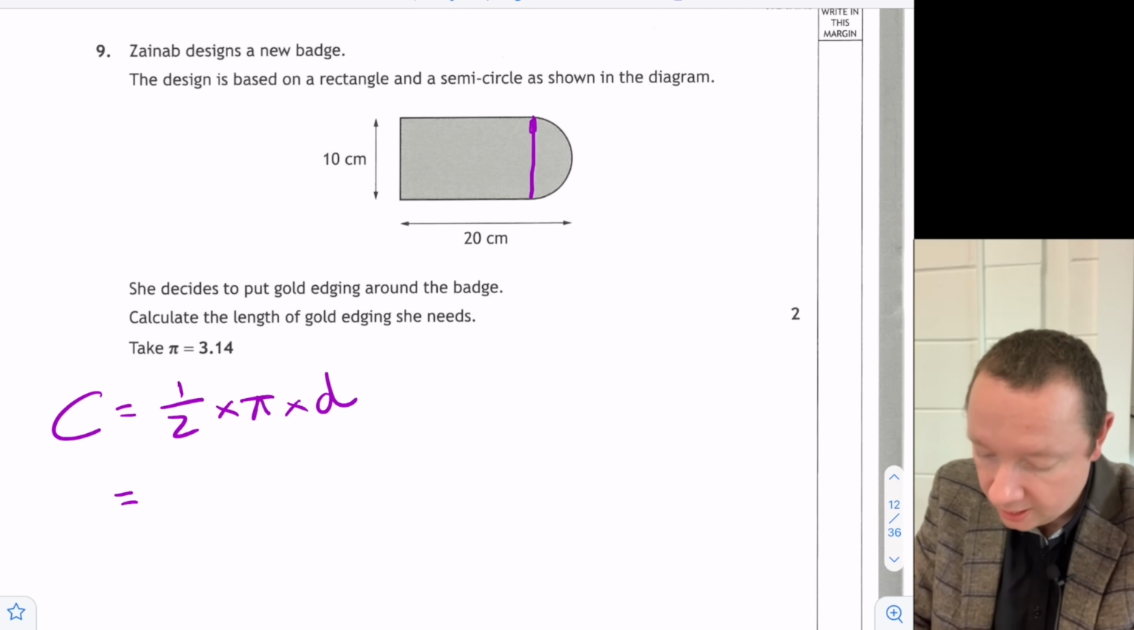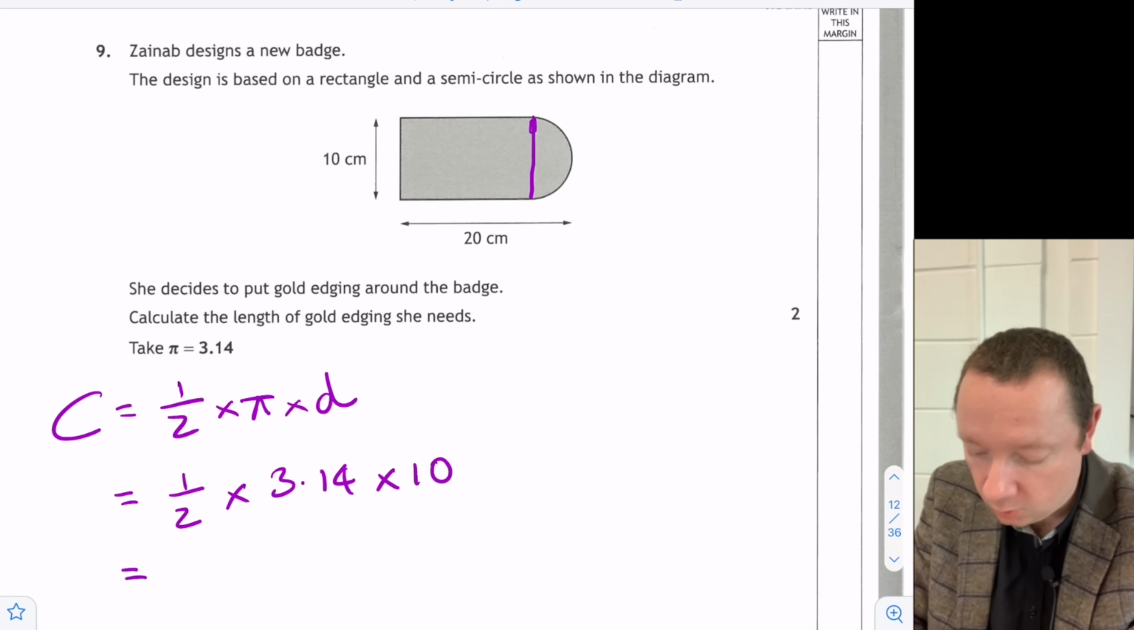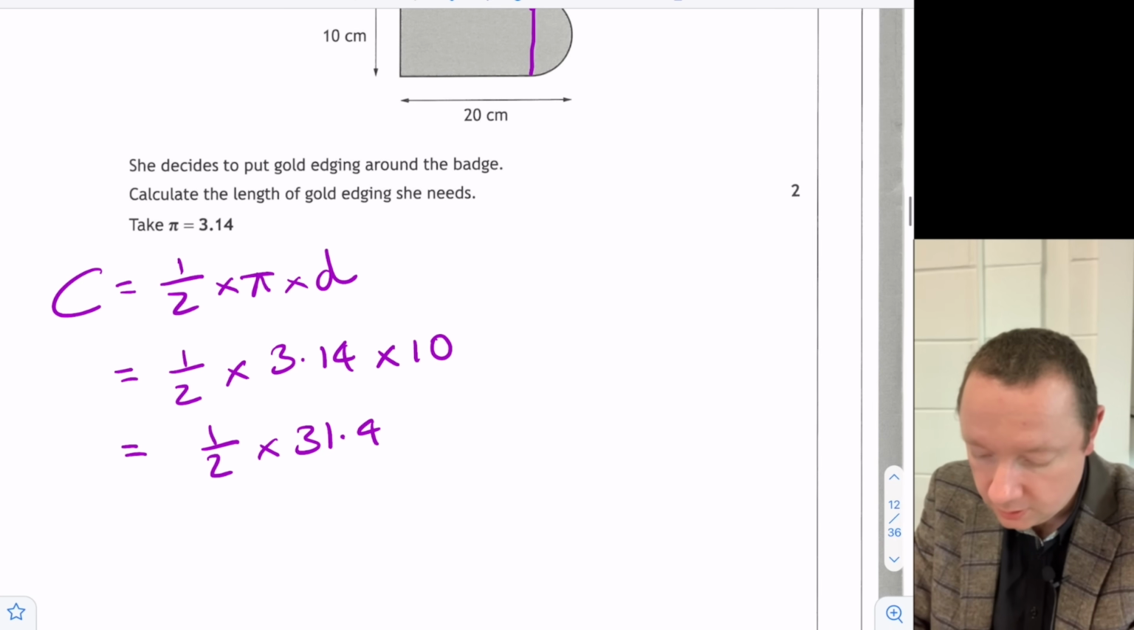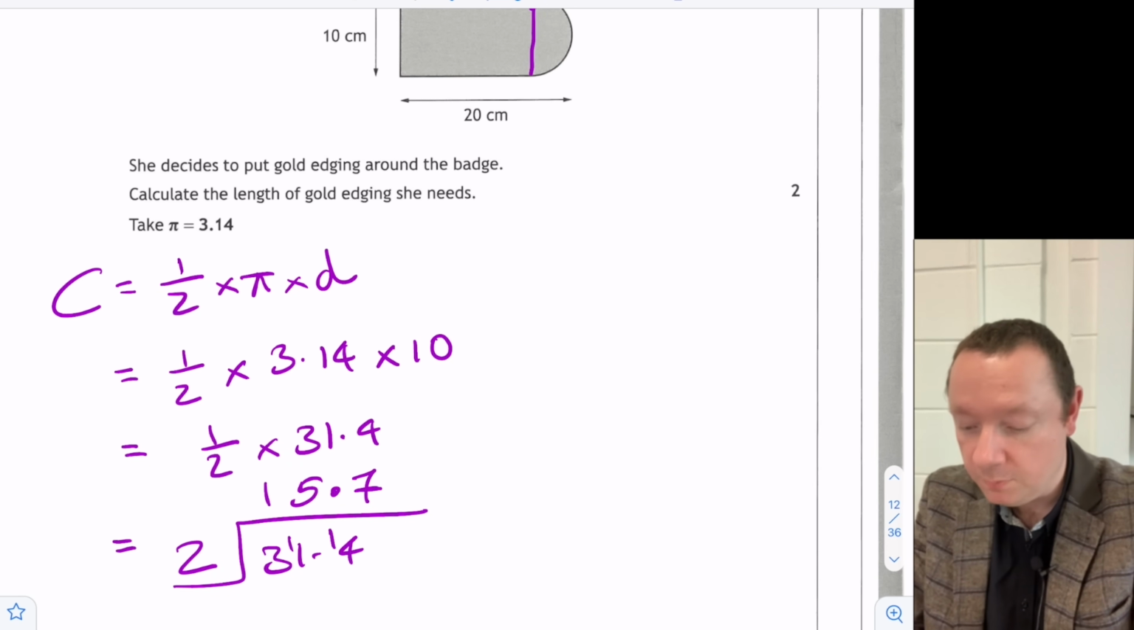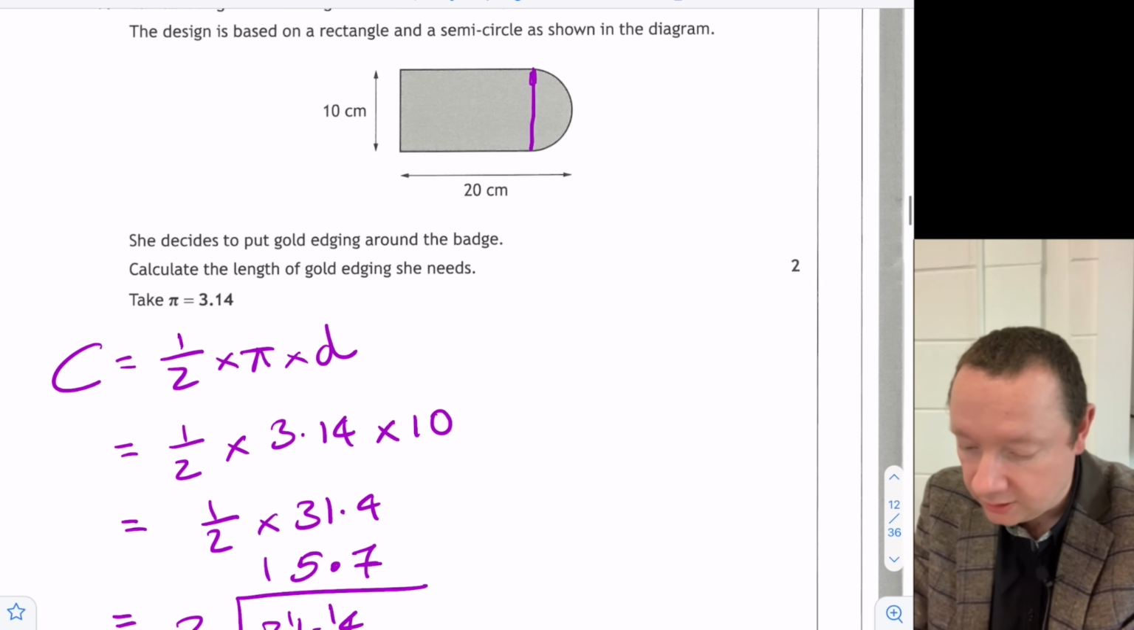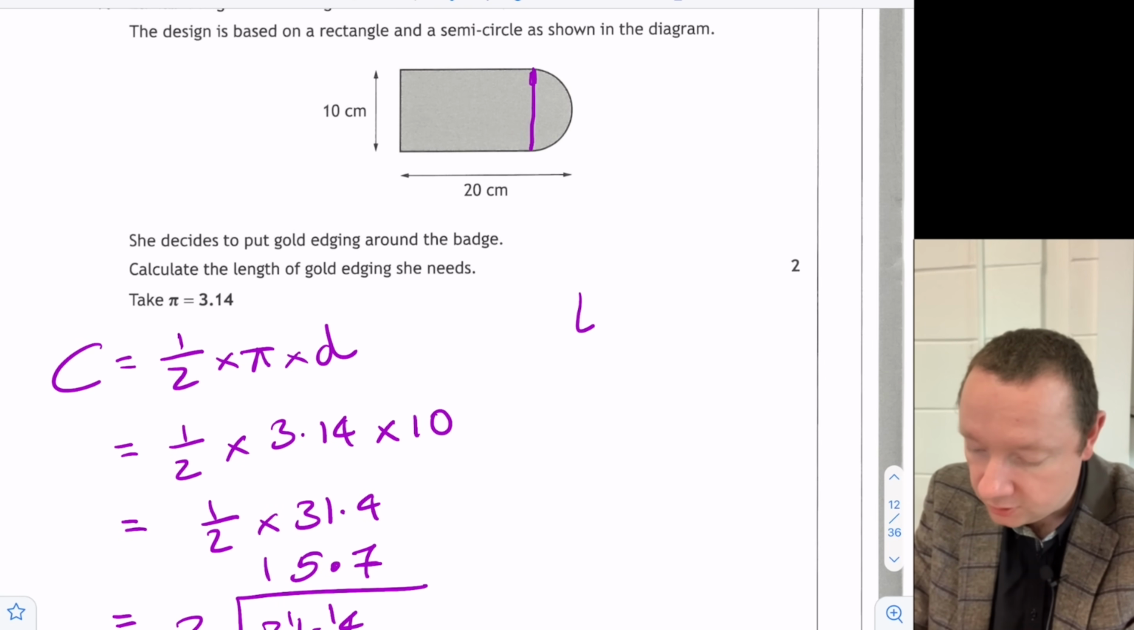So that is 1/2 times 3.14 times 10. 10 times 3.14 is 31.4, so I just need to halve 31.4. Now you might need to do a little sum at the side to do that, so let me actually do that just in case. Dividing by 2, 2 goes into 3, 1 left over, 2 5s is 10, 1 left over, 2 7s is 14. So the circumference part is 15.7, and then I've got all the straight sides, so the length in total is going to equal